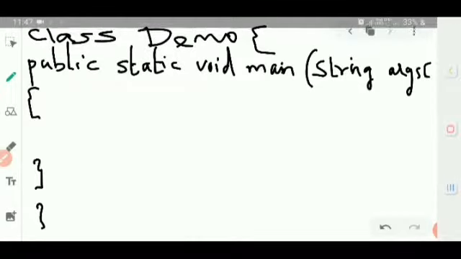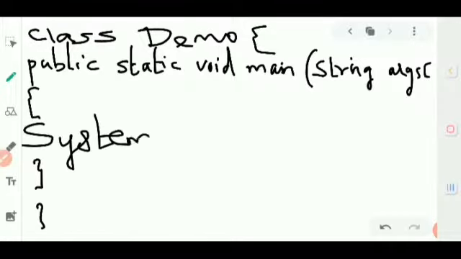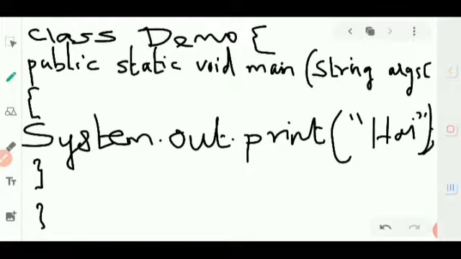So the output statement is called System.out.println. You specify System.out.print, then just give hi. When you give this and end it with a semicolon, your output will show, and hi will be printed as an output. So this is how we will execute our Java program.